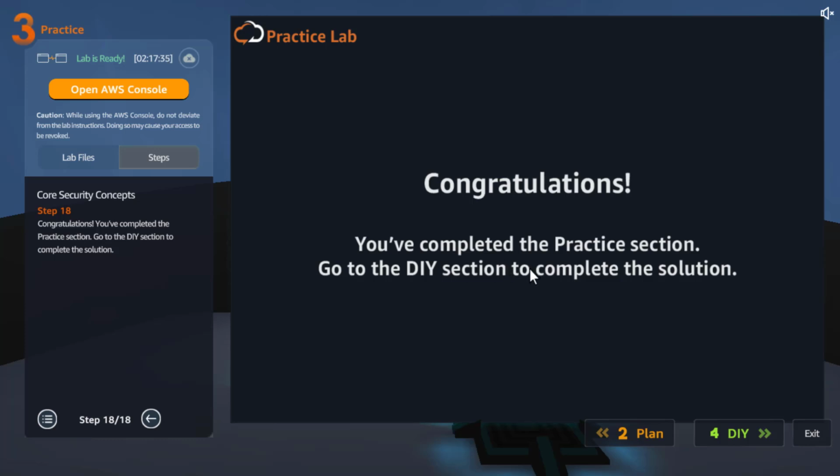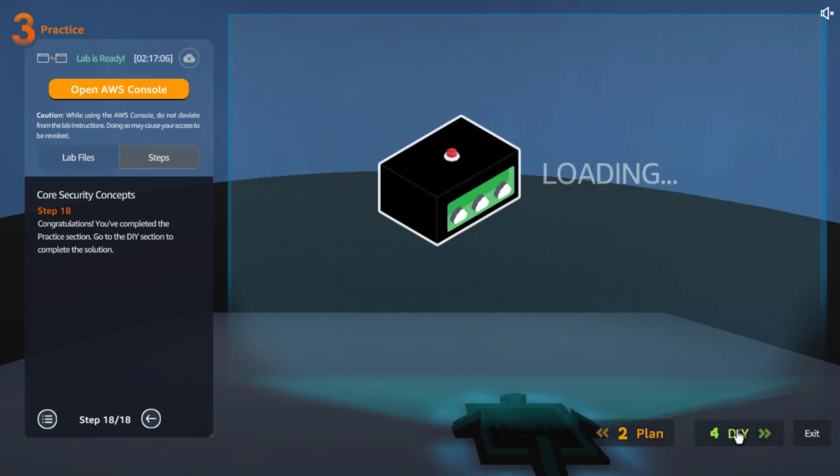We created an IAM group, then we attached a policy, which is the EC2 read-only. Then we created a user, then we added that user to the group, which means the user will inherit the policy through the group. Then we logged in as that user and tested whether the read-only EC2 policy is working, which it is, because we are able to view the instances, but we are unable to terminate them because we only have read-only. Okay, that is the